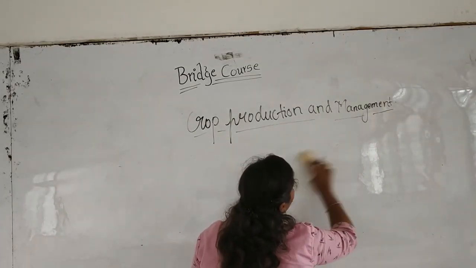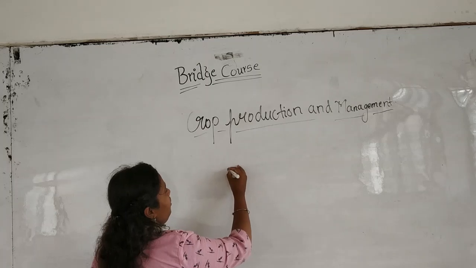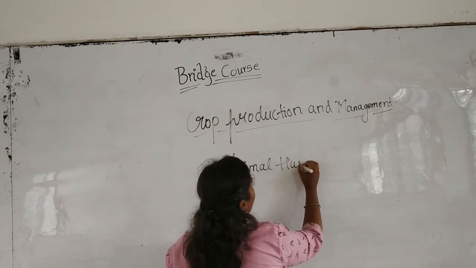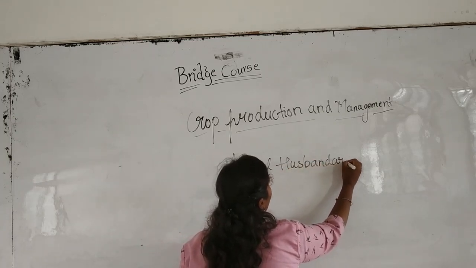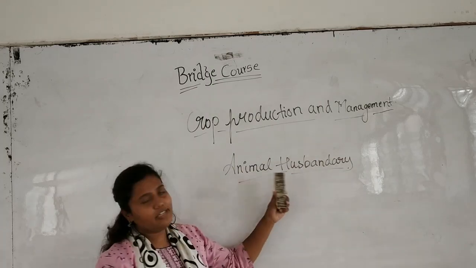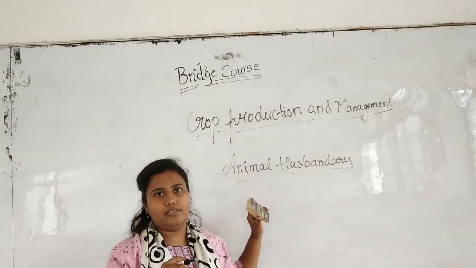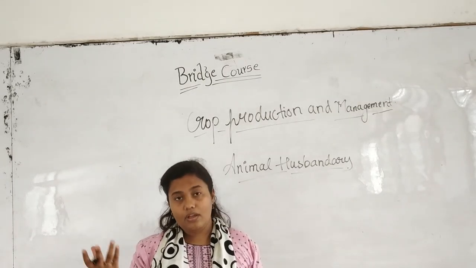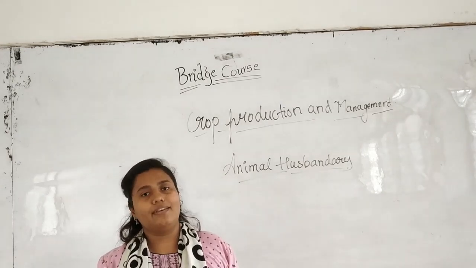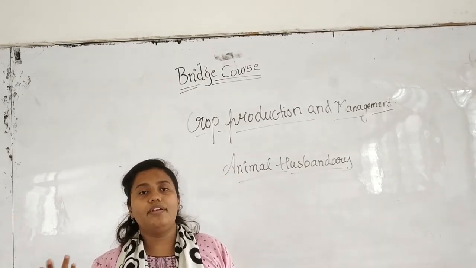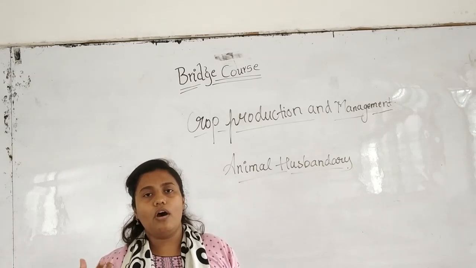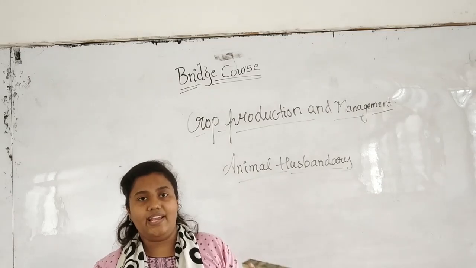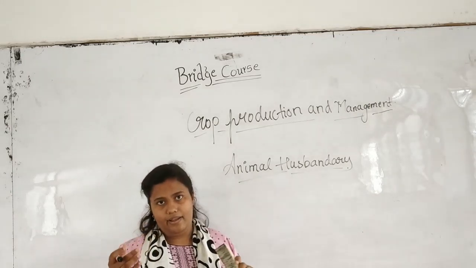The last one in this lesson you will be studying about animal husbandry. What is animal husbandry? Animal husbandry is rearing of these animals for their products. For example, dairy. Why do we rear the cow? It is because of its milk, correct? Similarly, another example, poultry farms. Why do we have chickens or hens in the poultry farms? Because of their flesh or the meat what they provide us, and the eggs, correct? So animals are reared, and that